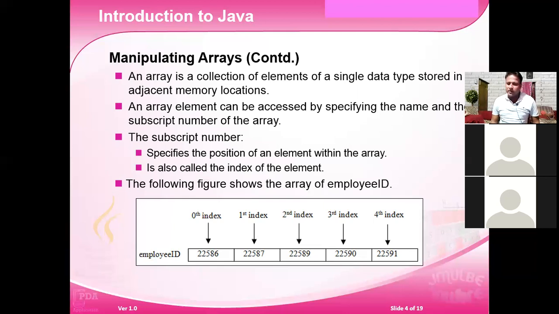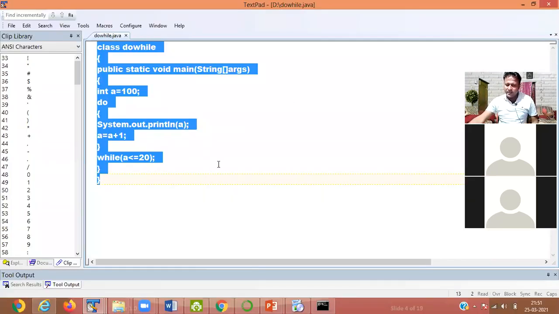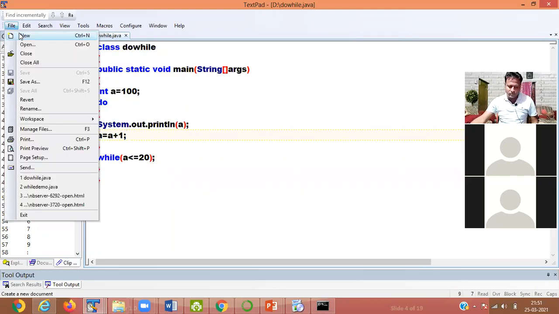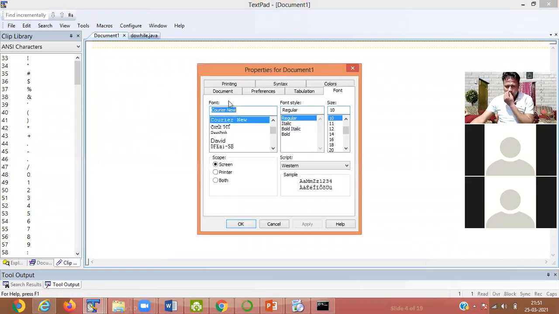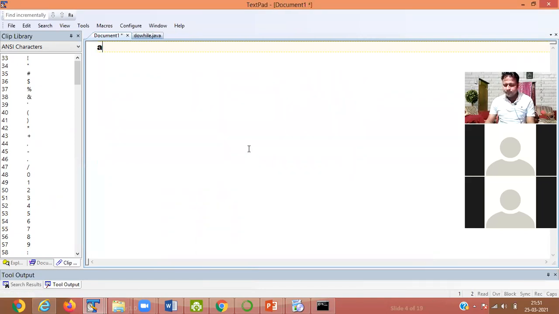When you define a normal variable, like if you define a variable like A is equal to 10, and for getting this value, we have to use this one. But